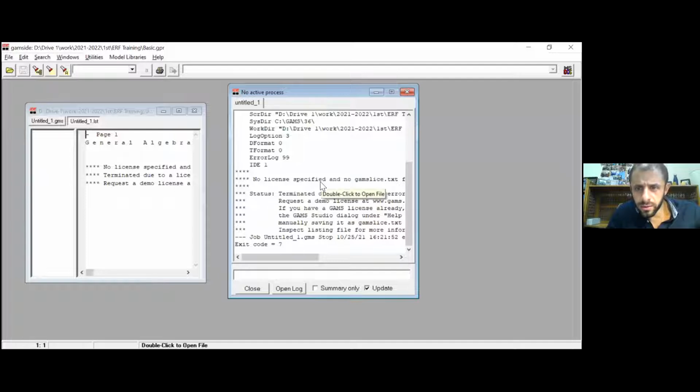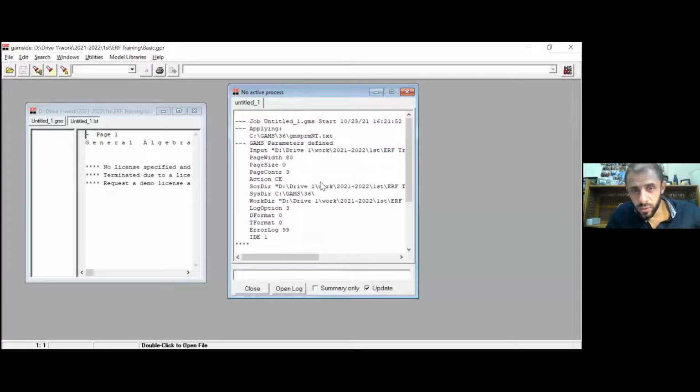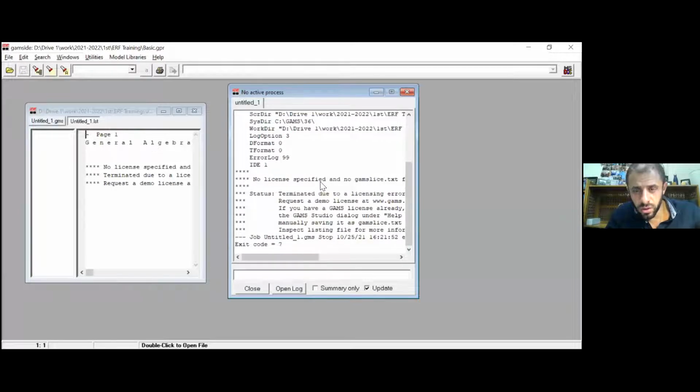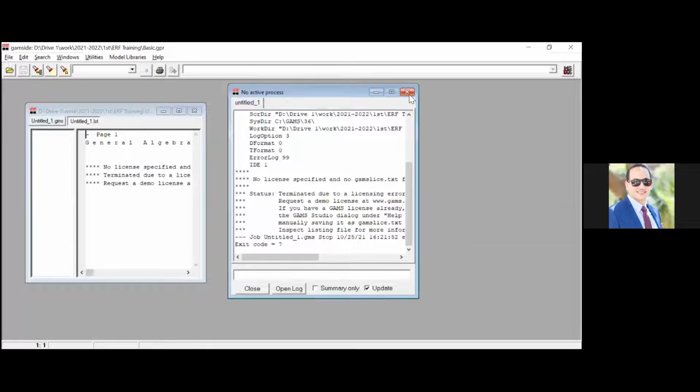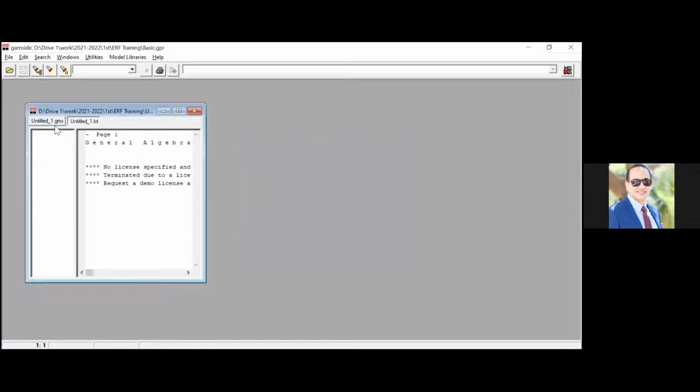There is a problem with the license, but it's very weird because in general, we should not have expected this, given the fact that we're running a very simple model. When did you download this version of GAMS? Last week. Weird. Have you activated it? No. Yes, perhaps that's the problem, because you have to activate it. Perhaps until you activate it,